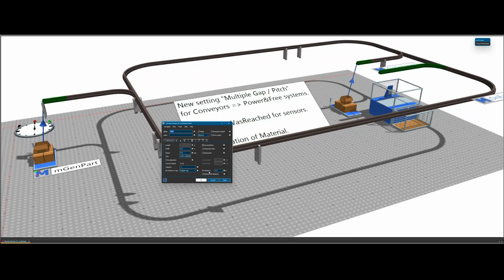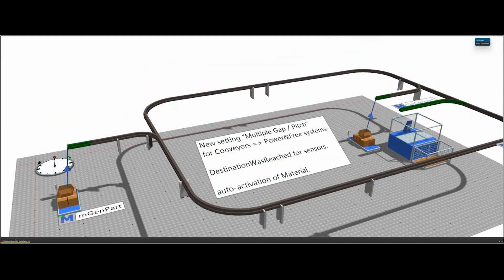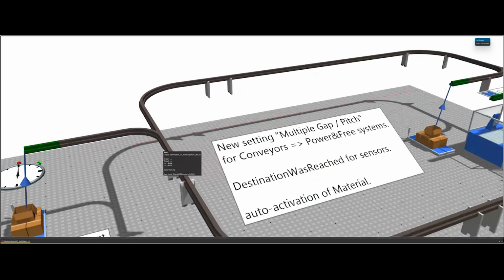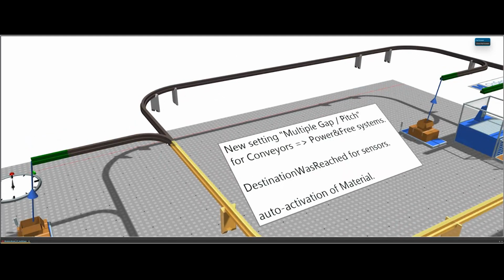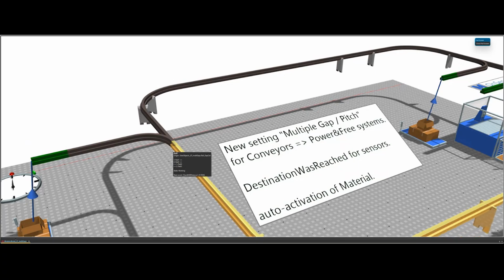And I've activated a multiple gap setting to a distance of 20 centimeters, which means that whenever I want to enter one of these conveyors, you maybe were able to see it briefly, when I transfer from this one to this one, I have to make sure that I'm in one of these 20 centimeter gaps or pitches, which in this case means there is a hook running on the conveyor every 20 centimeters on the chain, and the chain is continuously rotating.